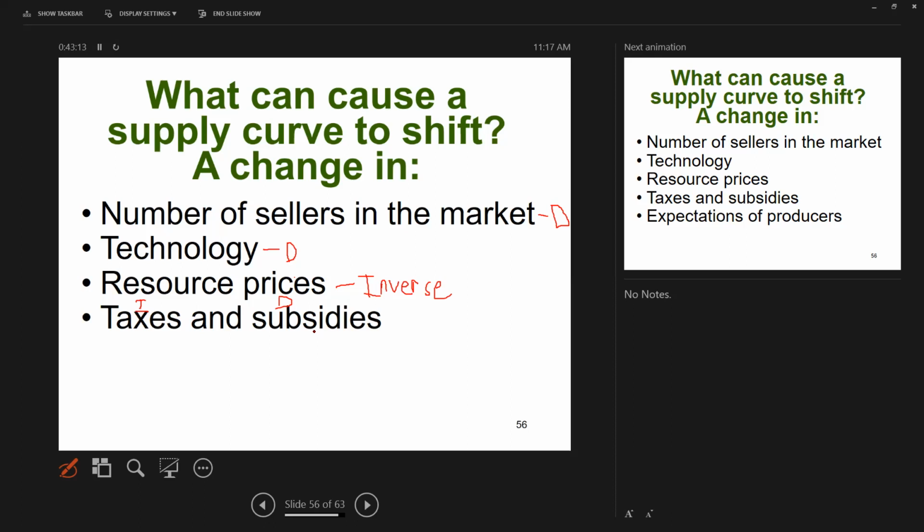The next thing we've got here is a subsidy. A subsidy is the opposite of an excise tax. Instead of taxing you for producing a good or a service, the government will give you money if you produce it. You are in right now one of the most heavily subsidized industries in the world, education. The government subsidizes education. They subsidize your K through 12. If you went through public school, they pay for the whole thing. You don't pay to go to public school. All of public schools are subsidized by the government.